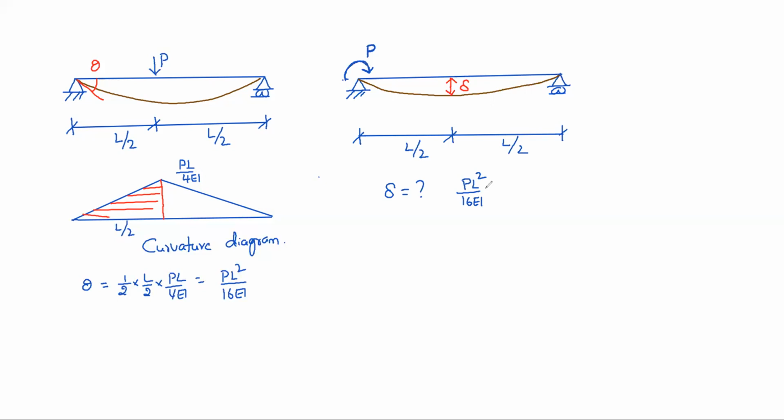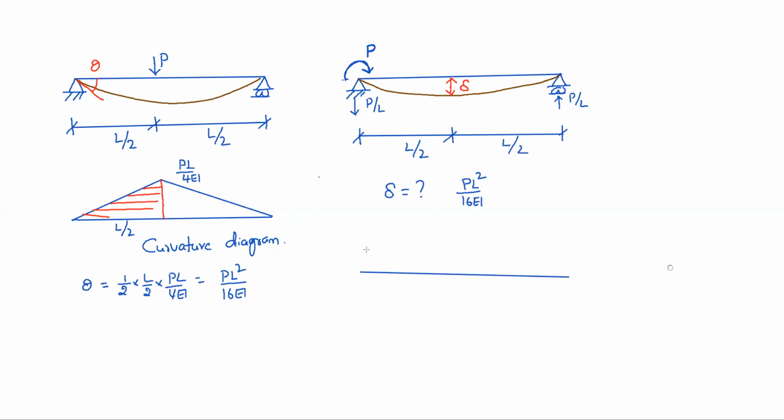Now in place of theta, theta is related to couple actually. If you apply a couple P at this end, then in place of the central load, see that deflection delta, exactly it will be equal to PL square by 16EI. You can prove it if you want. So here reactions are like this. Because of the P couple, the anticlockwise, P by L reactions will develop like this, P by L. Then the curvature diagram is like this.